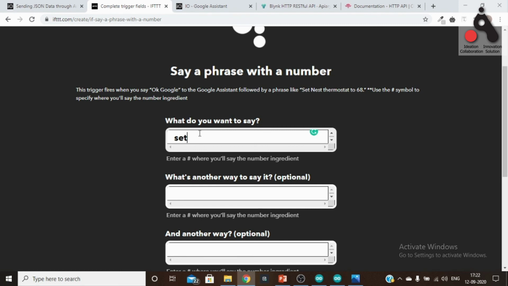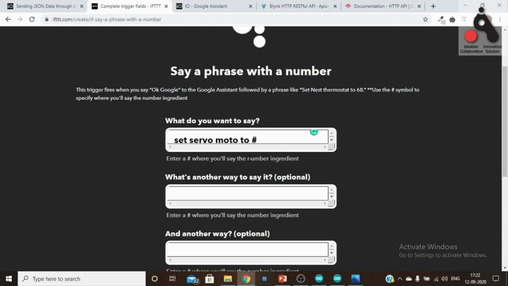So let's say it's "set servo motor to #." This hash symbol will be according to the input of the user. Like if I say "set servo motor to 60," this hash will be 60. So this is a dynamic value, not a static value.